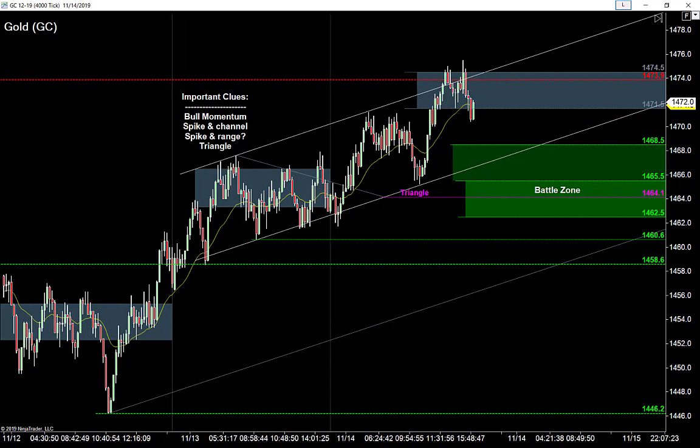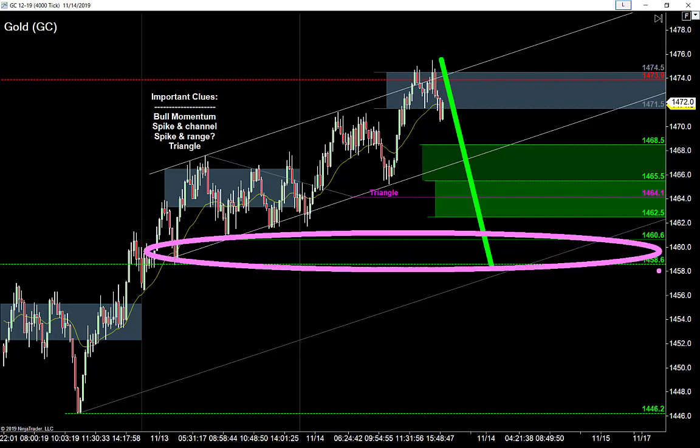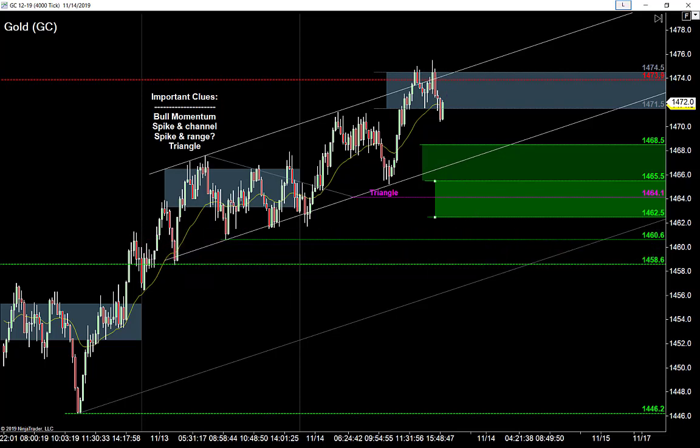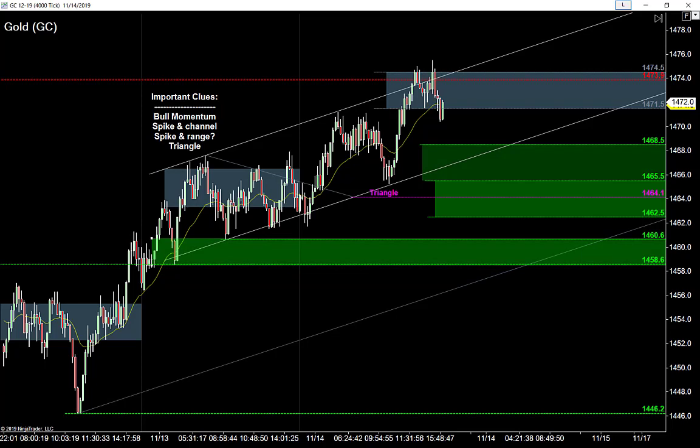So real quick here, let's play the worst case scenario, right? Worst case scenario is we get crushed. Something happens overnight. We have this big, deep pullback all the way down into that spiking channel battle zone, all the way down here. Again, the base of that channel. Okay, I don't anticipate this, but it may. I mean, obviously anything can happen, right? With the trade deal with China right now on the rocks a little bit, this could get pretty interesting. So if we do get that real strong slice lower,